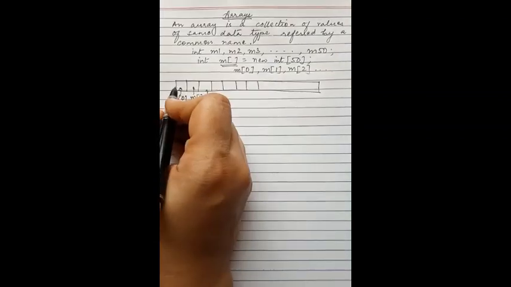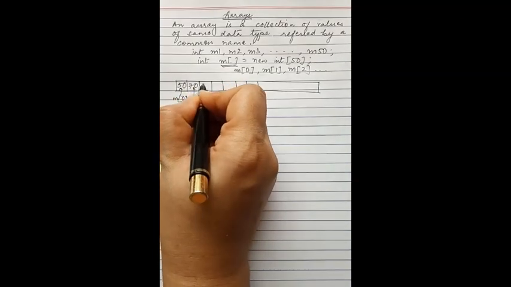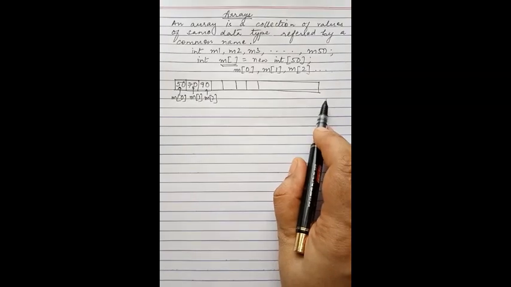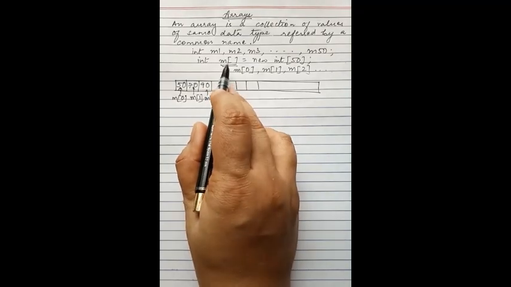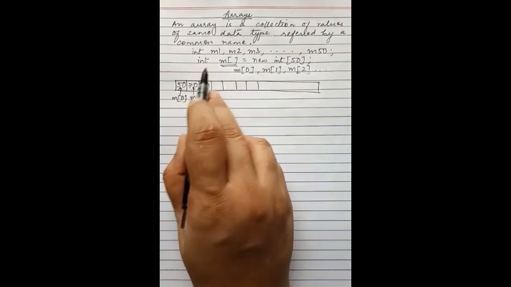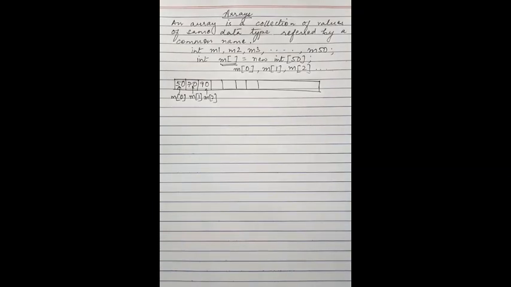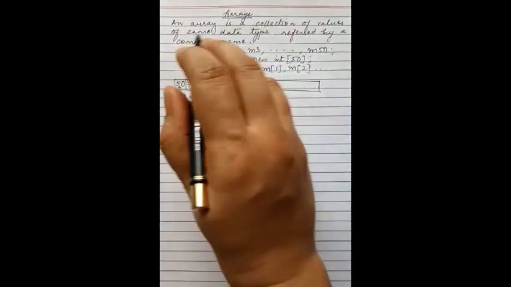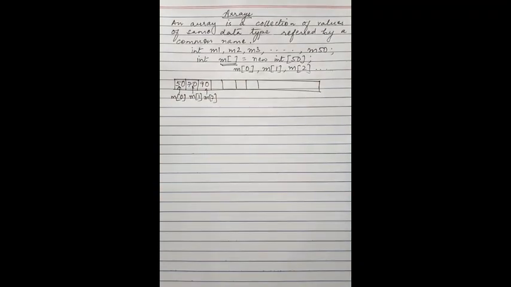Each memory location can have only one value. For example, here I want to enter marks 50. Here I want to enter marks 70, 90, and so on. This is how an array looks in memory. To reduce the number of variables, we require array. If there are similar type of variables, we can store them in a single variable and each value will be referred to by a different index number. This is how an array is created. So an array is a collection of variables or values of same data type referred by a common name. This is the definition of arrays.